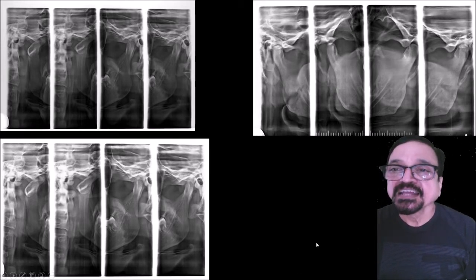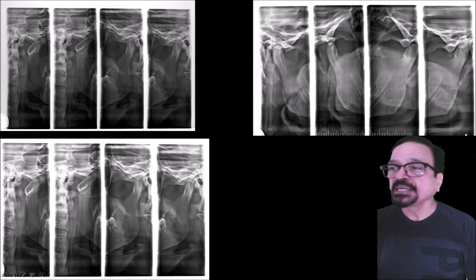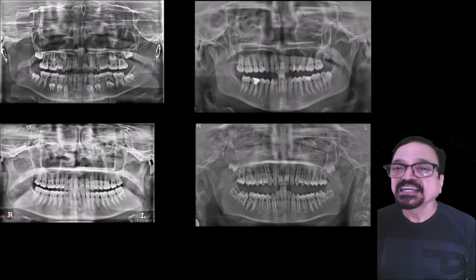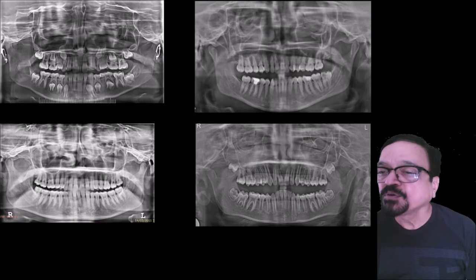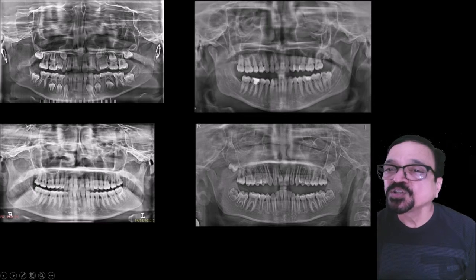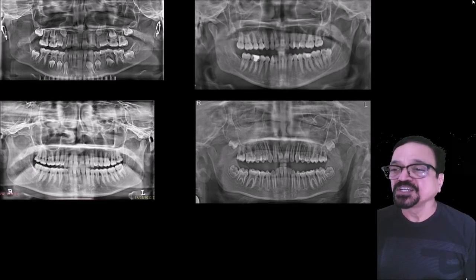Number 1 the movement, number 2 the joint spaces, number 3 the condyles. They can be excellently imaged with the help of these. In the lower film you can see the condyle fractures. Again here, with the help of OPG you can see these are the TM joints. Now these are just routine OPGs which can also show good visualization of the TM joints.